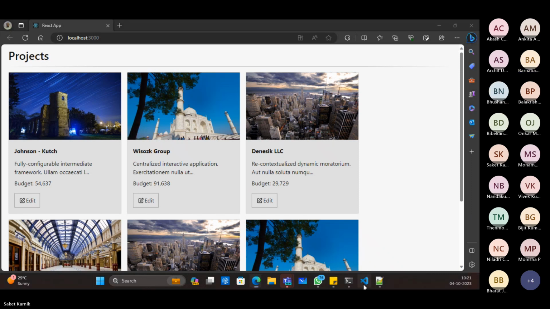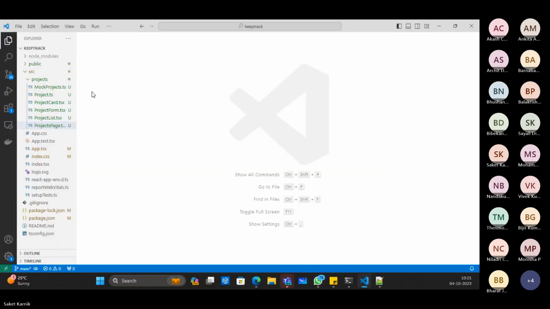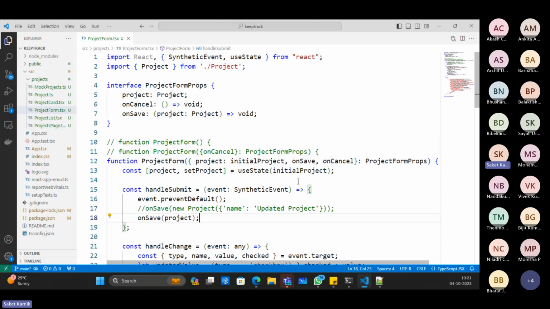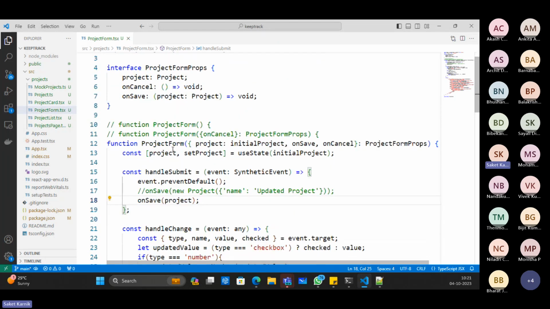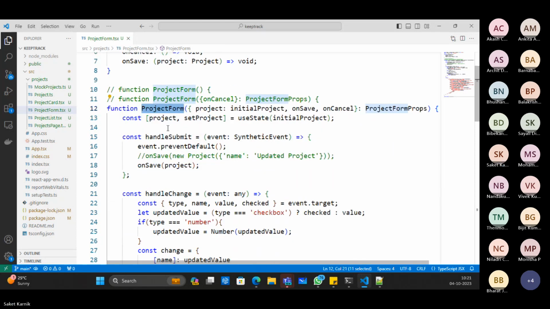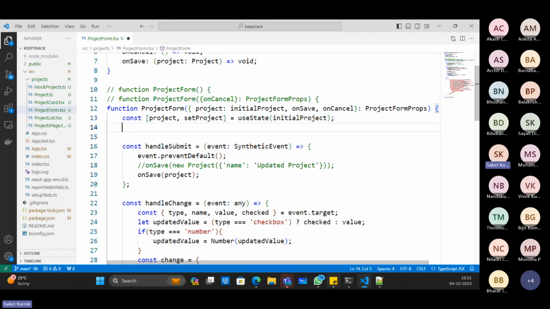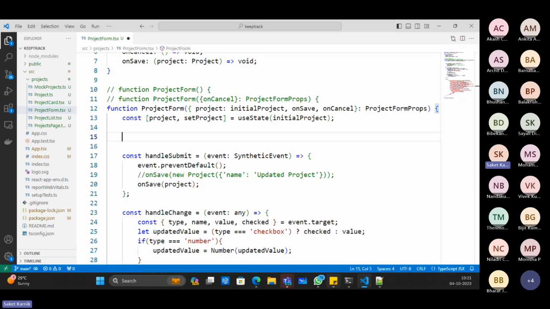Yes. Let's prepare for that. Where will the validation code be placed, which file, which component? Project form. Project form, of course, because that's where the entries are being taken, right? So look for your project form component. After the state object is initialized and before you write any members further for this class or this component, that's the right place where you can set up your